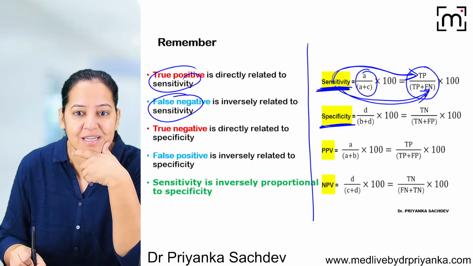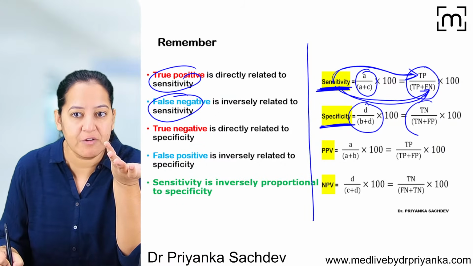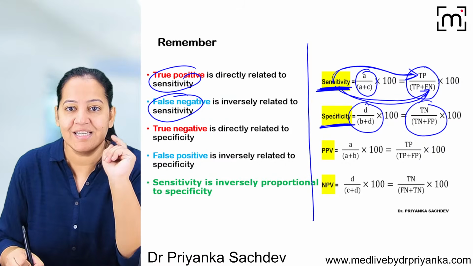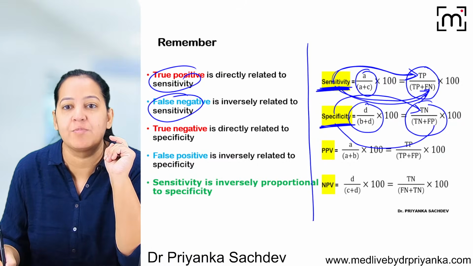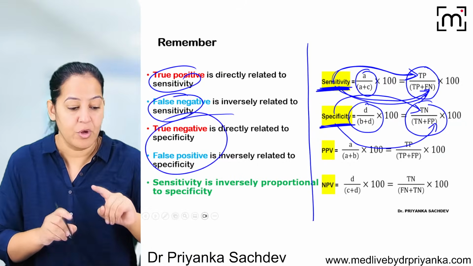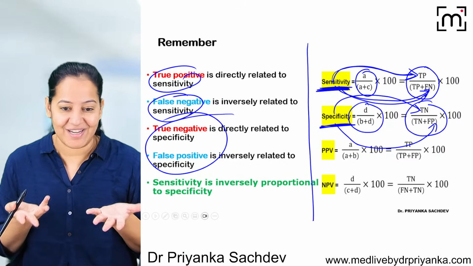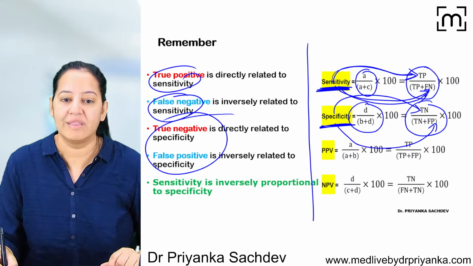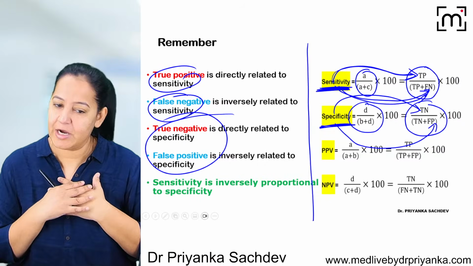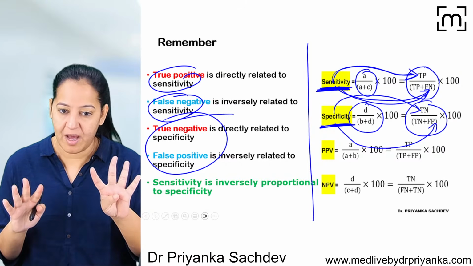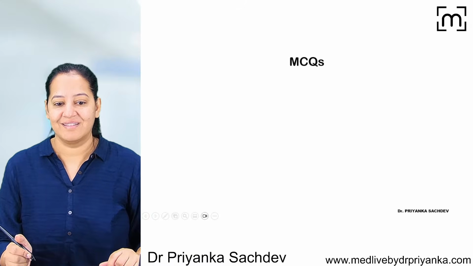What about specificity? The formula is D upon B plus D, that is, true negative upon true negative plus false positive. So can I say specificity is directly proportional to true negative? Yes. And it is inversely proportional to false positive. Yes. So don't try to mug it up. You will get confusing options in the MCQs and students usually get confused. I don't recommend learning all these. I don't even learn the formula. I learn the table. From the table, I can make out the 4 formulas, and that they are directly or inversely proportional. Everything. Give me a thumbs up if you all got it.